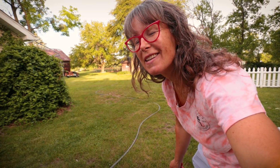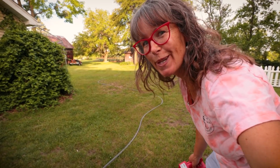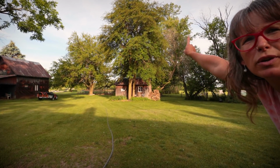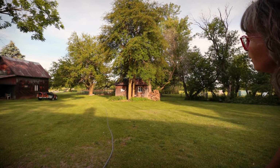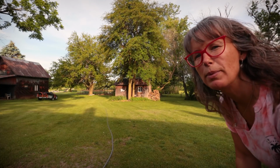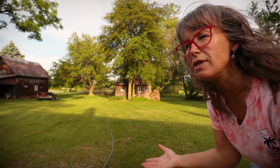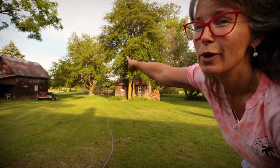Okay, let's take a couple detours along the way and check out all these amazing fruits growing on the property. So, just want to point them out. This big, huge tree right here is a mulberry. We never harvest from it because its mulberries are quite small. All of our mulberry trees produce differently. But that big one back there,